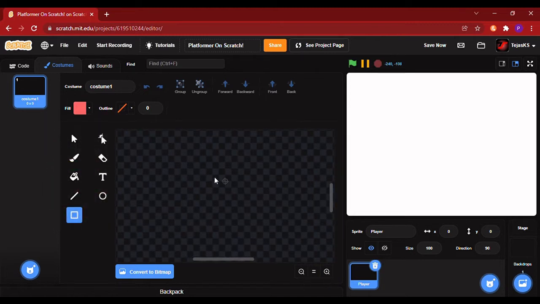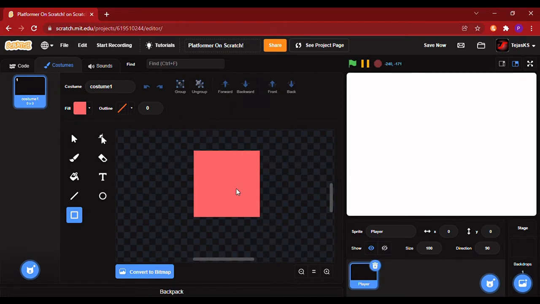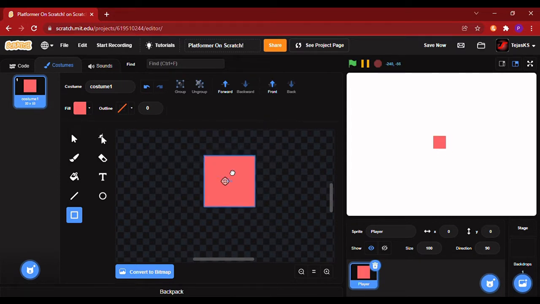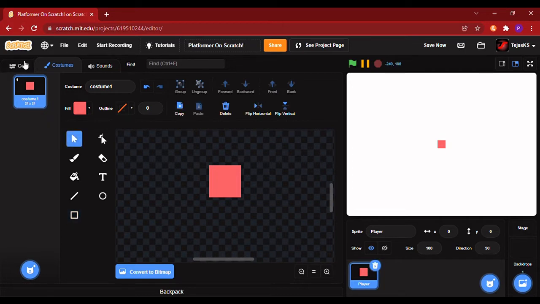Now using shift key, make a perfect square. Now align it to the center and we can reduce its size. This is good. So keep the size of the sprite at near to 20 into 20.